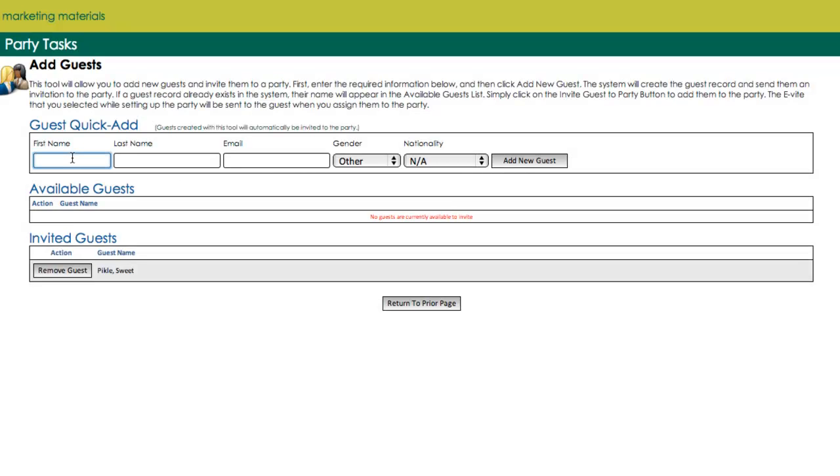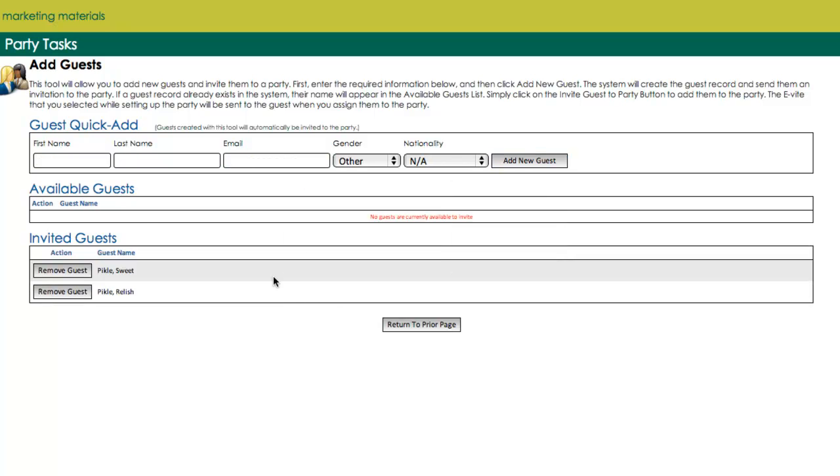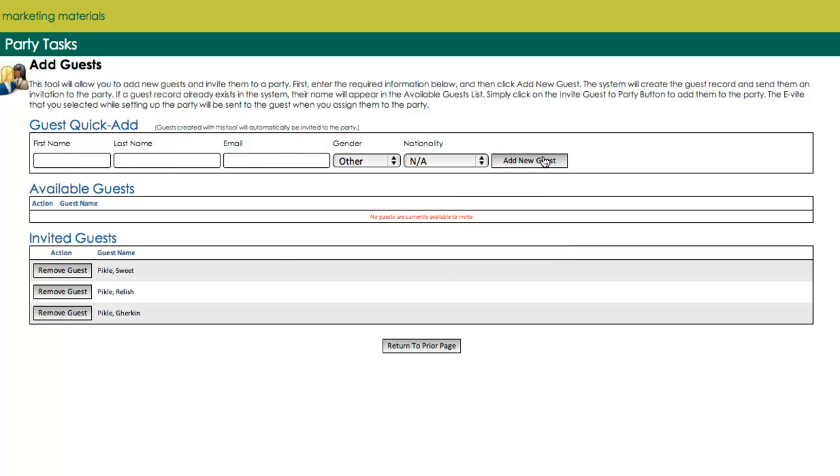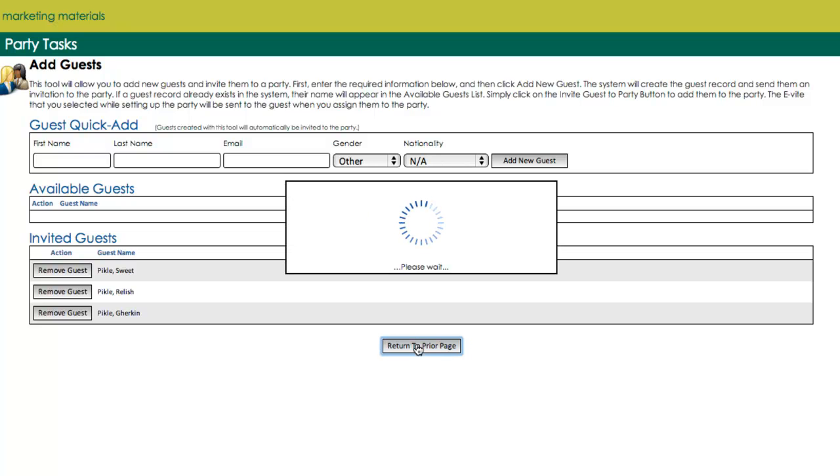And then I'm going to add another one, and I'm going to say her name is Relish Pickle. Again, same format on the email. I'm going to add a new guest, and I'm going to add Gherkin Pickle. So that will be great. We've got 3 guests in there. You can see Sweet, you can see Relish, and you can see Gherkin. If you need to remove a guest, you can go ahead and do that by clicking on one of these buttons. But I'm going to return to the prior page,